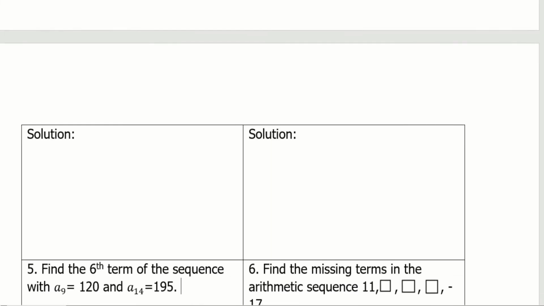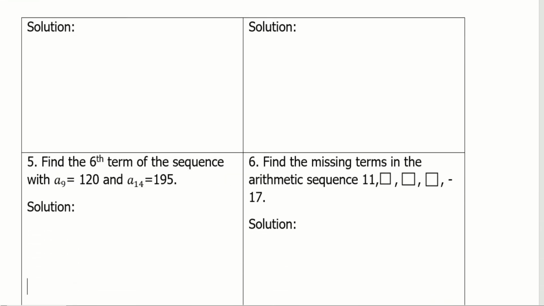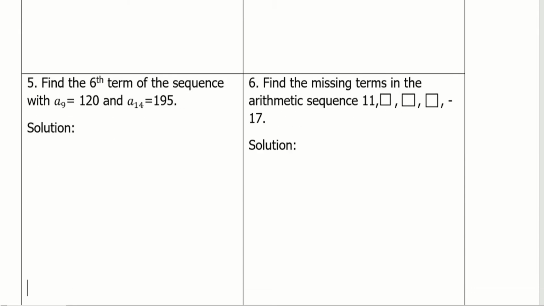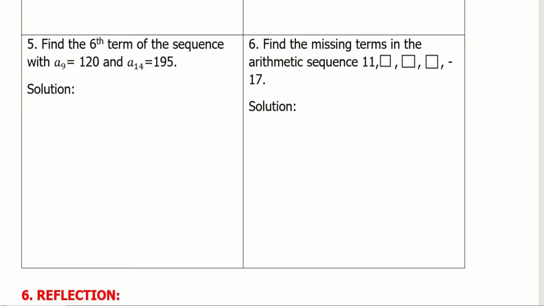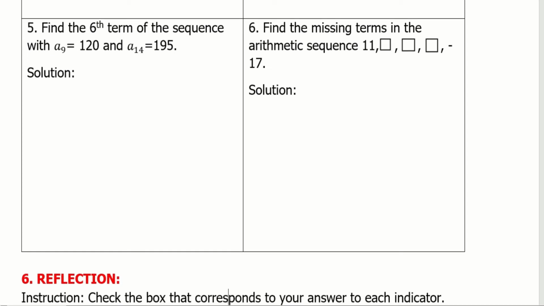Okay, so next we have number 5. Find the sixth term of the sequence with a sub 9 equals 120 and a sub 14 equals 195. 6. Find the missing terms in the arithmetic sequence 11, box, and negative 17. So the students are going to present their solution in the space provided by the teacher. Now let's proceed to the reflection